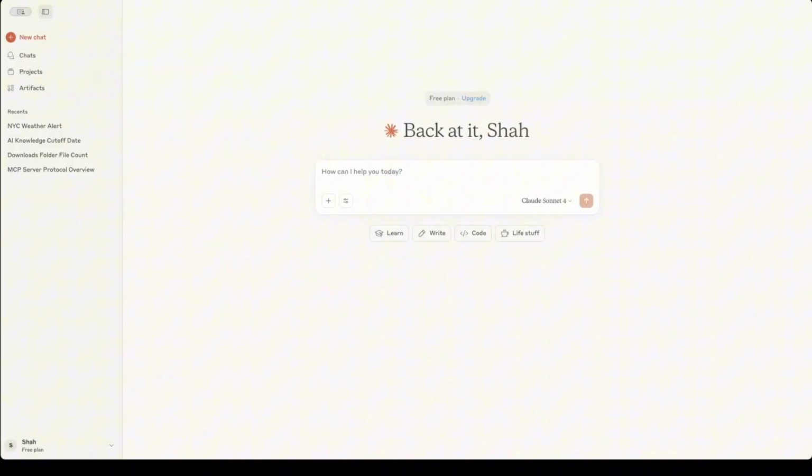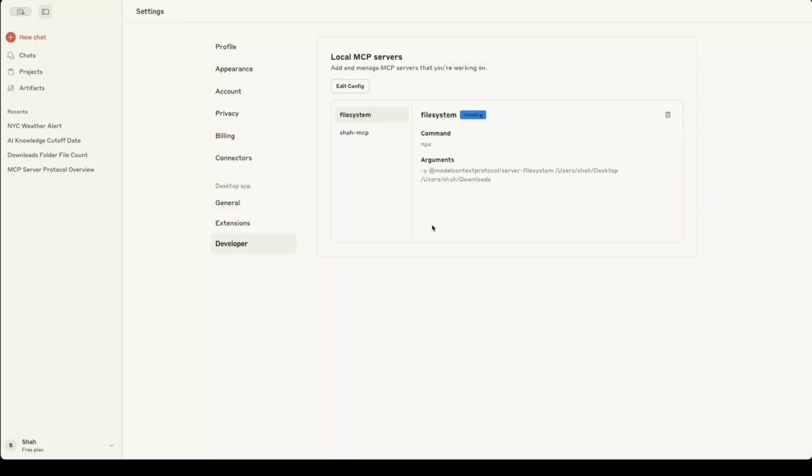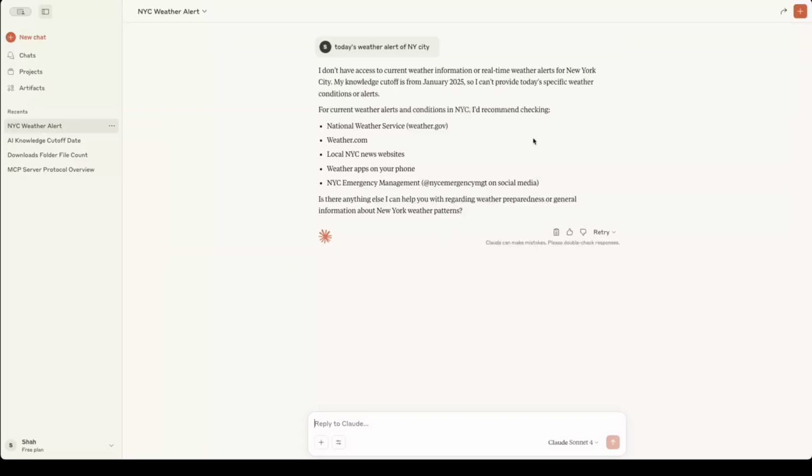Claude has been restarted. Now if we go to settings again and open the developer section, we can see our MCP server has been registered and it is in running state. That's cool. Now if we go back to our chat and ask for the weather alert of university again, let's see